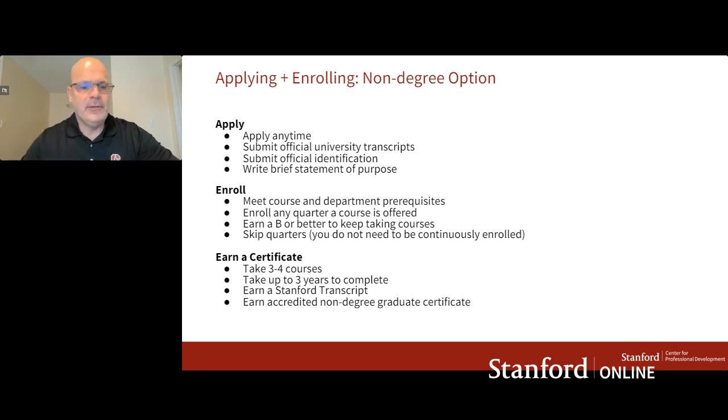It is quite different. So to enroll in courses, you must meet the course and department prerequisite requirements. That's, again, non-negotiable. If you're required to have linear algebra or Python in place, they want to see that. They want to see that you completed a course with a grade or for credit to show that you have the ability to meet the requirements to enter the course.